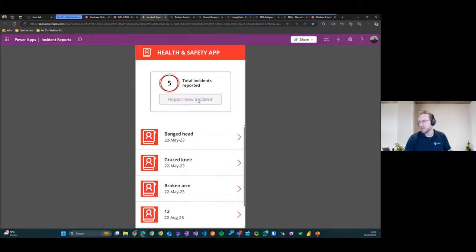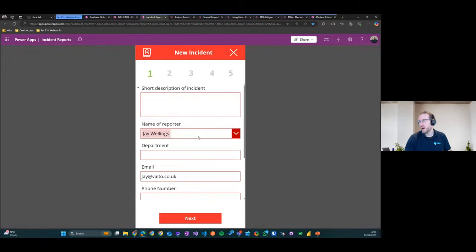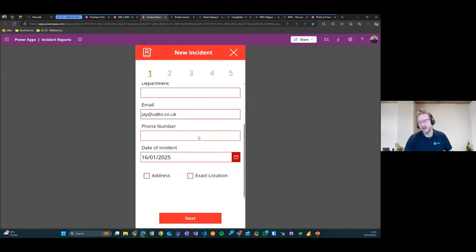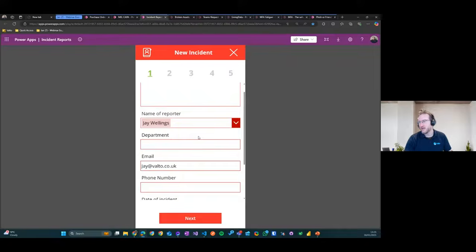We've got an interface where we click a new report, and we just have a guided wizard that takes you through step by step to get the key information that is required to report an incident. As you can see here,